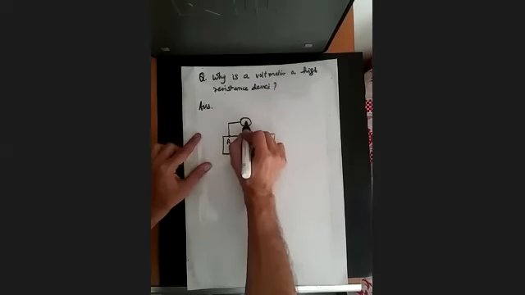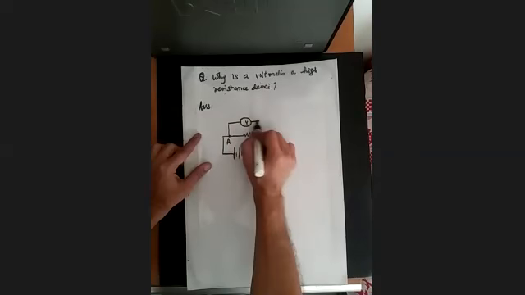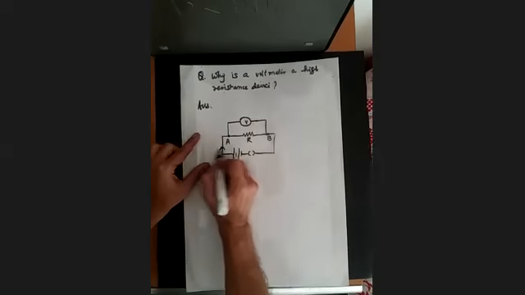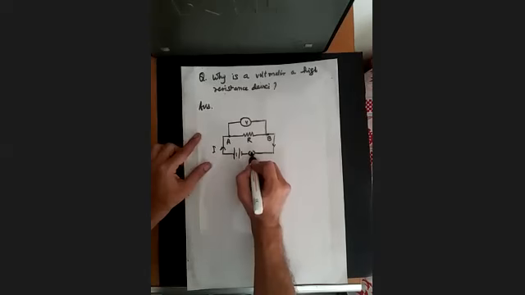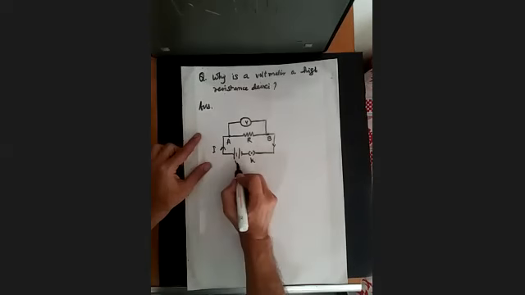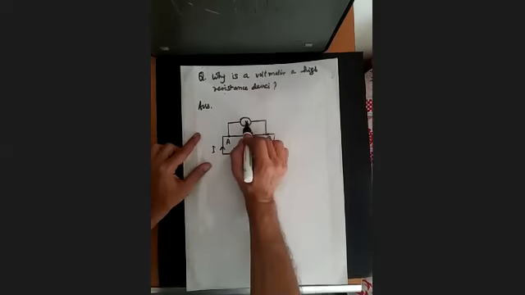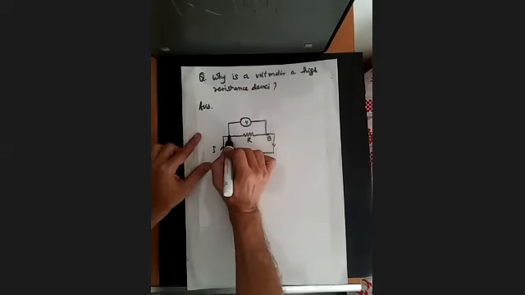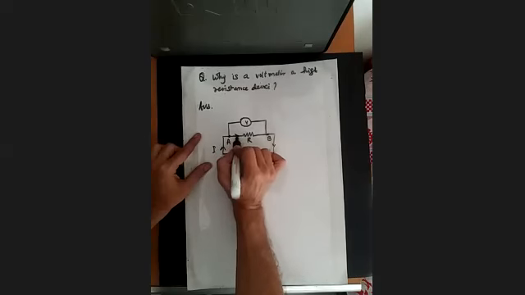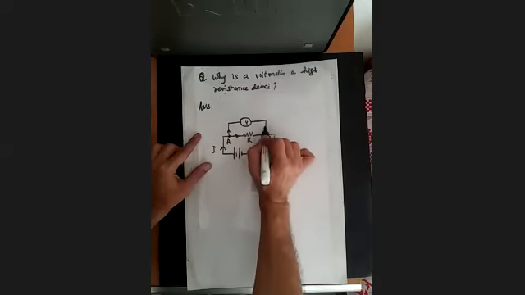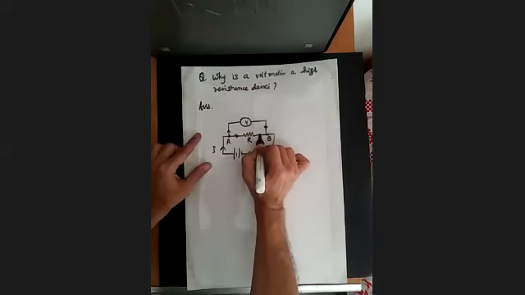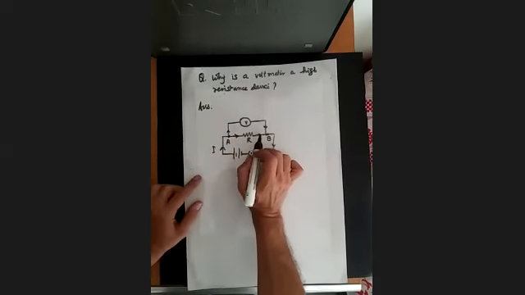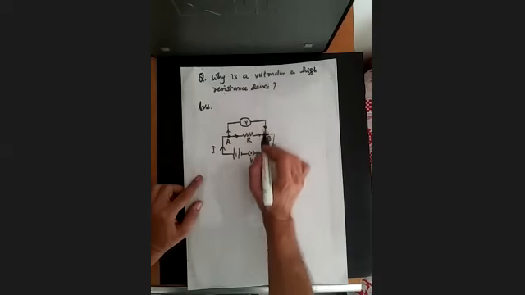So we attach a voltmeter like this across this. So current flows after the key is pressed, and so this reading will tell us the potential difference across this point. Now at this junction, what happens? The current divides. So some part will go through this, some part will go through this path. तो कुछ इस पाथ से रेजिस्टेंस के पाथ से जाएगा और कुछ वोल्टमीटर के पाथ से जाएगा.